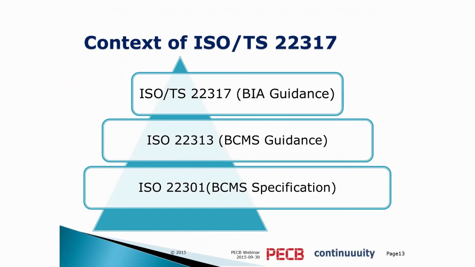And that's where the idea came up for one specific element, the BIA. This technical specification 22317 was developed. It's a kind of mini guidance or special guidance for one aspect, and the TC may also decide that other guidance documents at this 22317 level for other elements in the BCM lifecycle, for example BCM strategy, might be developed. We'll find out in the next couple of months.